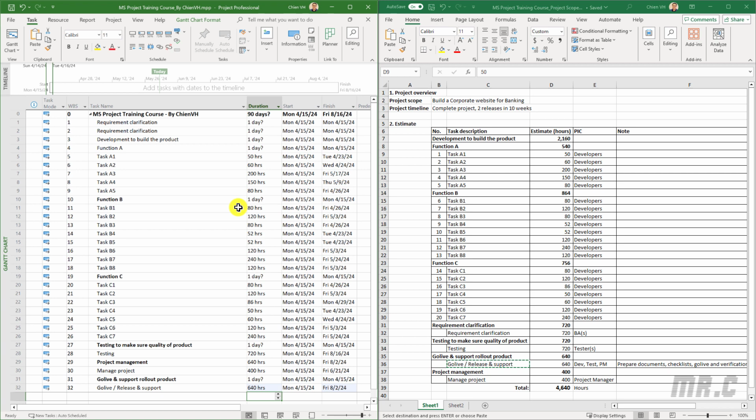However, when you take a look at the tasks here in Microsoft Project, we don't see the relationship between the functions A, B, C. In the Excel file, we have function A. It has 5 subtasks. Function B also has some subtasks here. The same for function C. So here, in order to group some of the subtasks under a parent task in Microsoft Project,